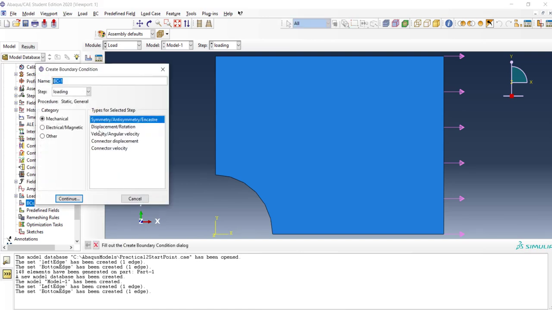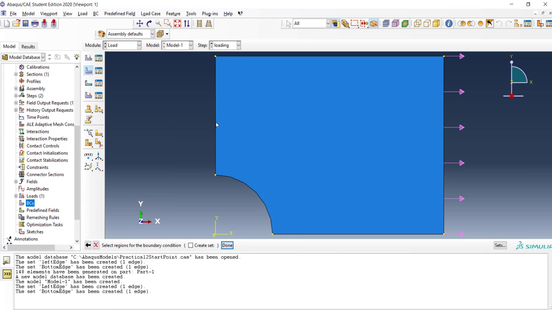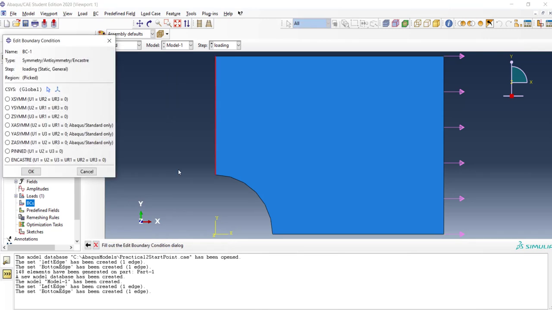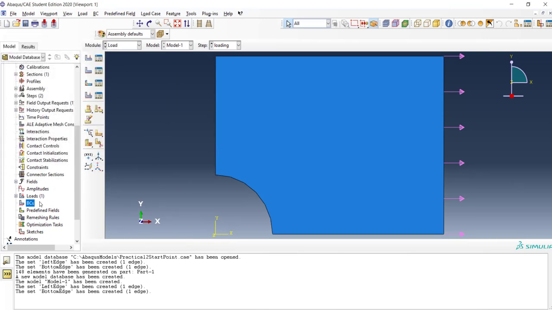Then the boundary condition, in this case I'm going to use symmetric boundary conditions. I know we haven't discussed it quite yet, but I'm assuming that you know from your bachelor education what the symmetry and anti-symmetry conditions are. If not, we will discuss it in more detail in practical 4. So on the left edge here, cancel.